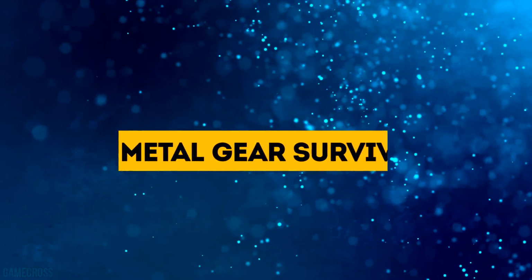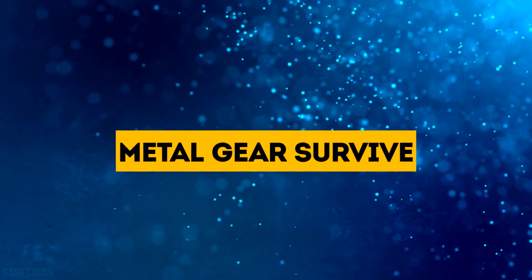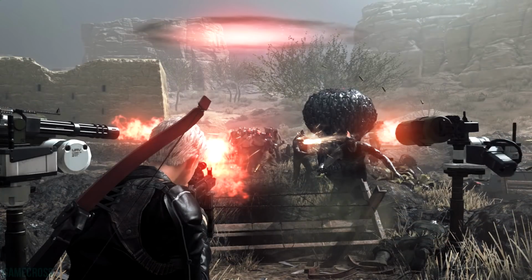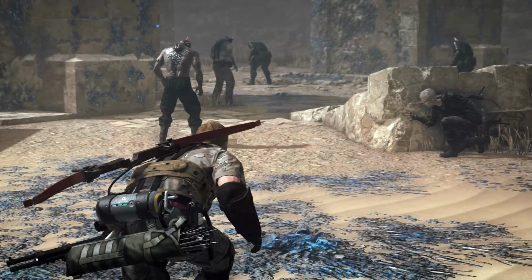Another wait for sale has to be Metal Gear Survive. Now, it is actually releasing at a more budget price point of $40, so that's nice. However, this isn't your typical Metal Gear game. Kojima is gone from Konami, and as the title would suggest, this is a more survival-style Metal Gear game. So far, what we've seen hasn't looked that great, but it is an interesting enough title that's worth keeping your eyes on